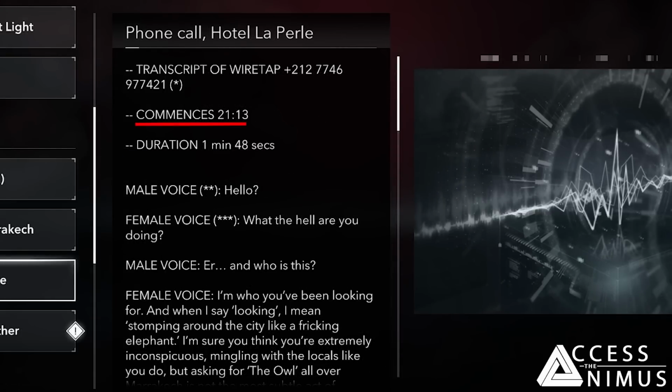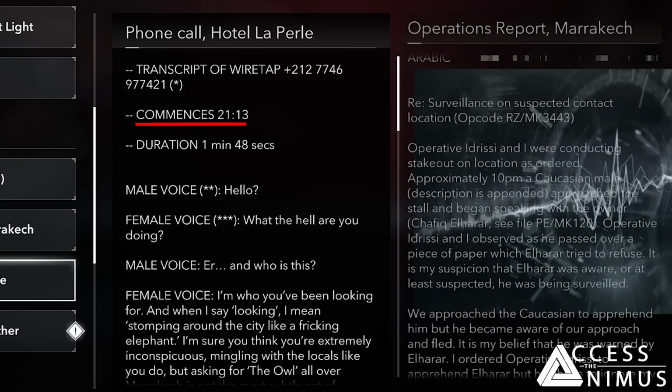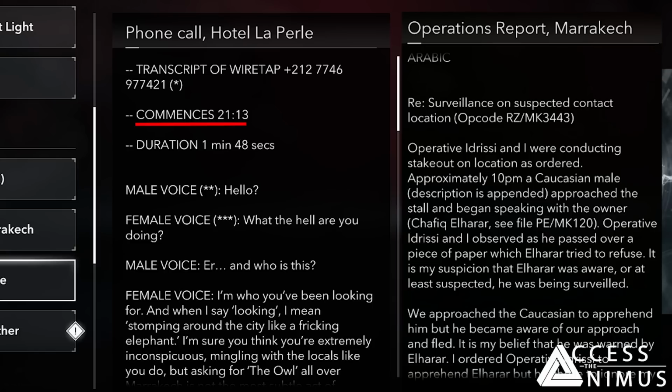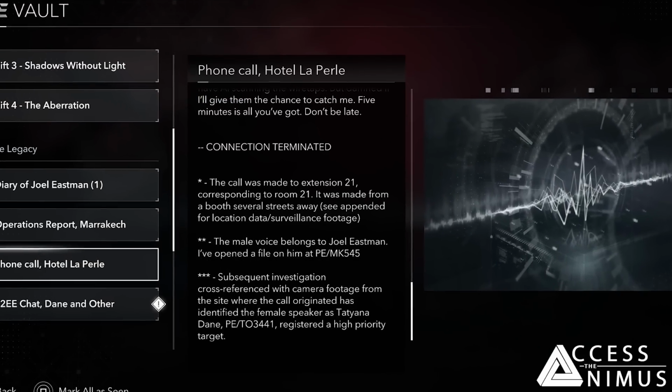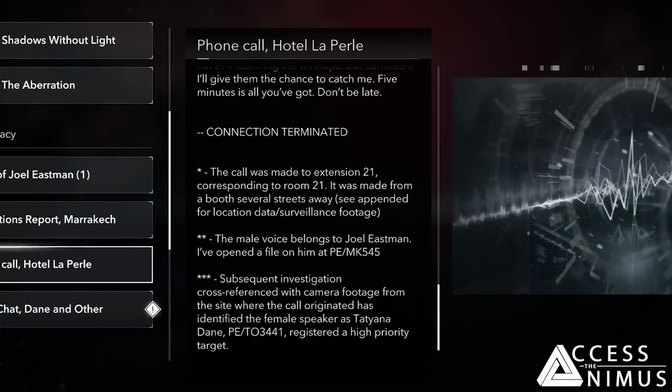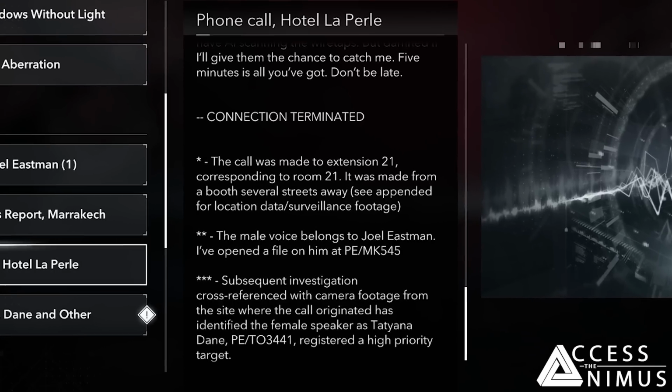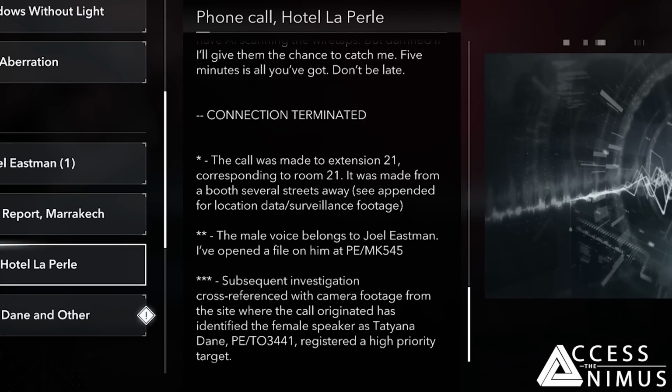starts at 21:13 or 9:13 p.m., which is an inconsistency as the operations report mentioned that Joel was at the souk at 10 p.m., and this call is supposed to happen almost right after that. While it's scanned by AI, the call has some human notes on it by someone at Abstergo, who states that the two people talking are Joel Eastman, who is now identified by Abstergo as